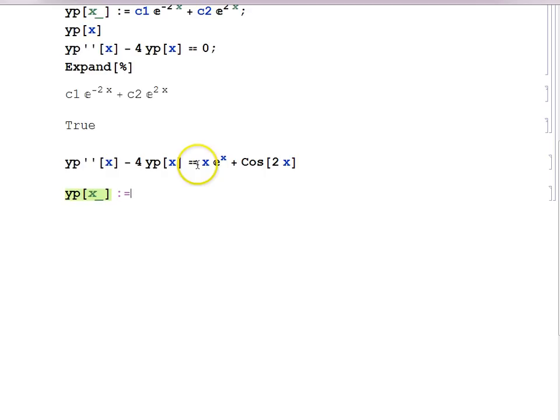Well, we've got a polynomial of degree 1 times e to the x. So we're going to guess a first degree polynomial times e to the x. There's no reason to believe that having a higher degree is going to work out because we'll pick up that higher degree in this term here. So ax plus b